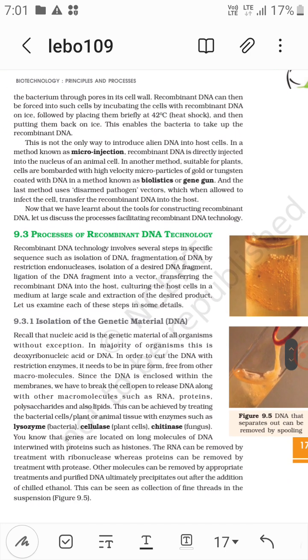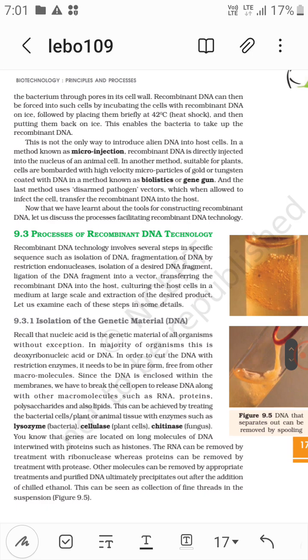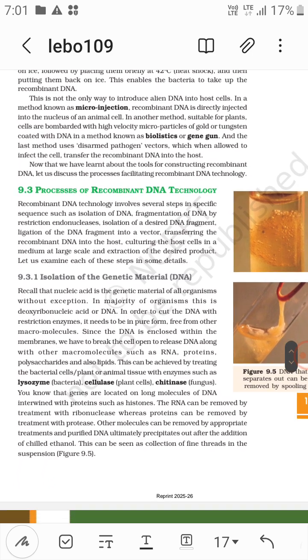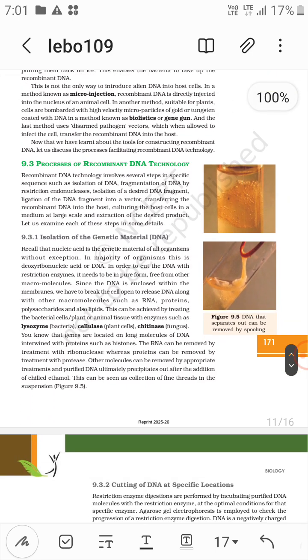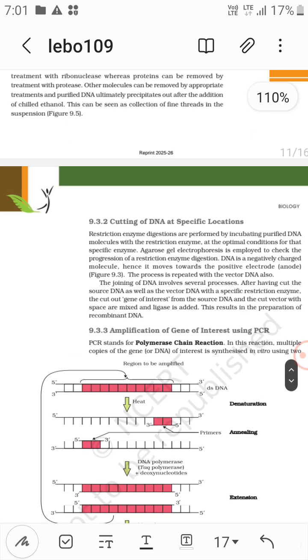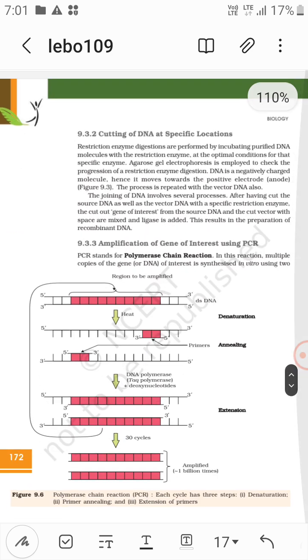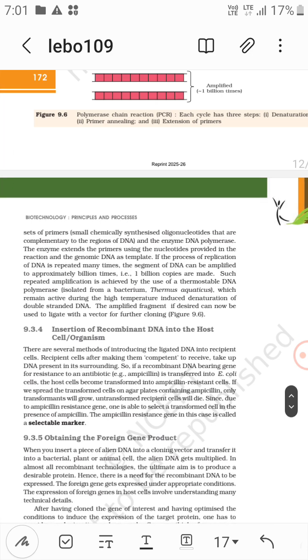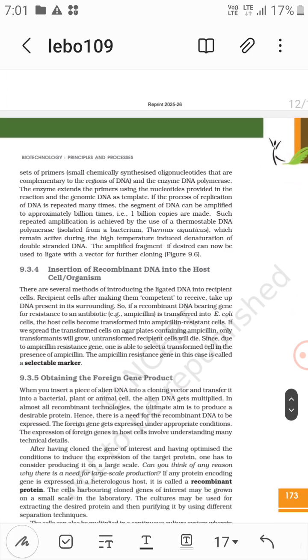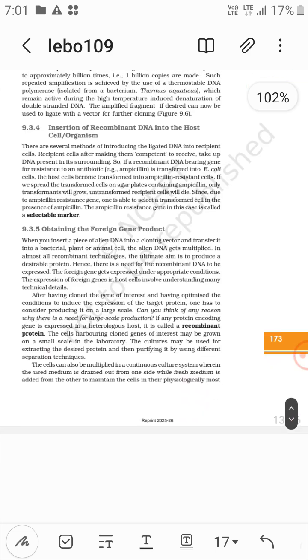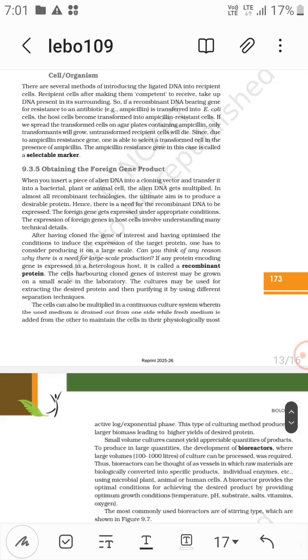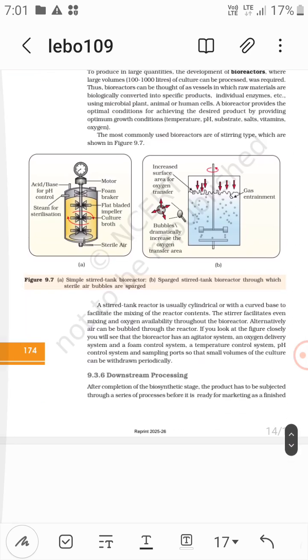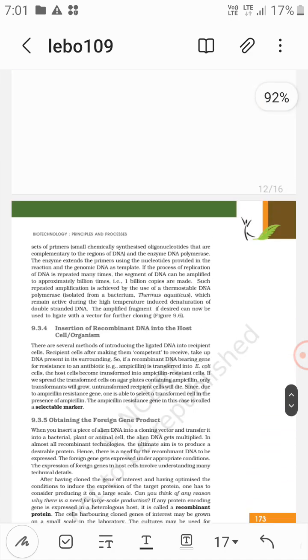So the process of recombinant DNA technology. The first step is the isolation of the genetic material, that is DNA, then cutting of DNA at a specific location, then insertion of recombinant DNA into the host cells, then obtaining the foreign gene product, and the last process is the downstream processing. So these are the processes involved in the